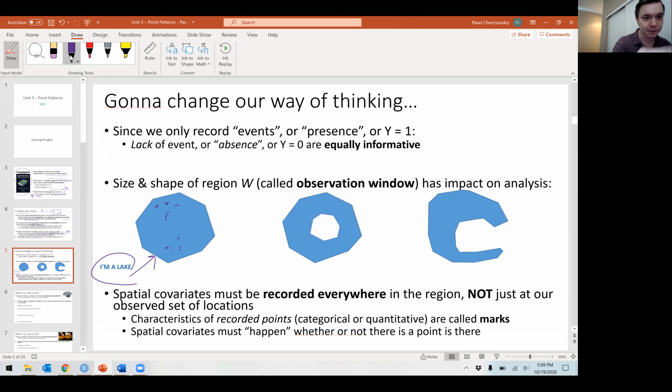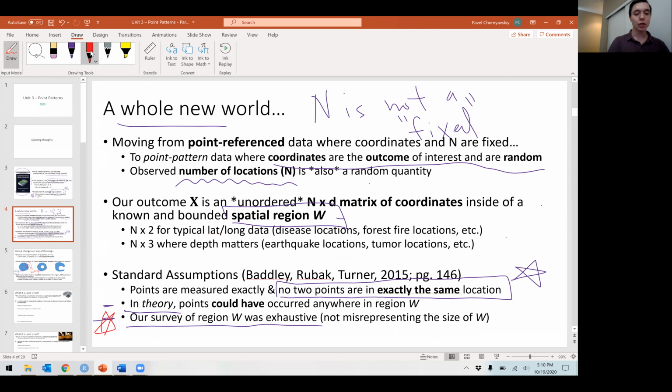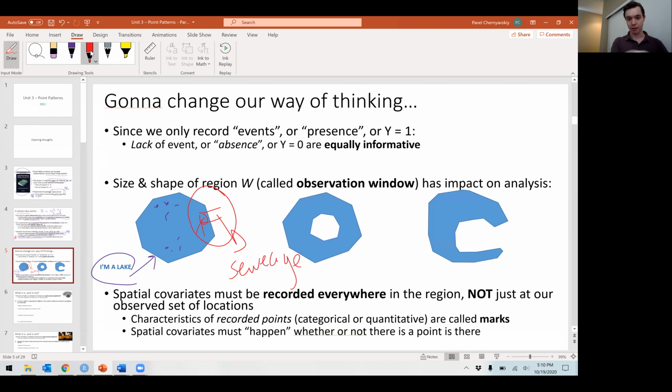And the reason they're not here is because there is a drainage pipe that is pumping sewage out, and your fish don't like being next to sewage. So although it was theoretically possible for them to be near the sewage pipe, they were far less likely to be near the sewage pipe. However, with this last assumption, I'm going to flip back. With this last assumption, you're also assuming that your measurement of the domain of your observation window was exhaustive. And so you, on a boat,